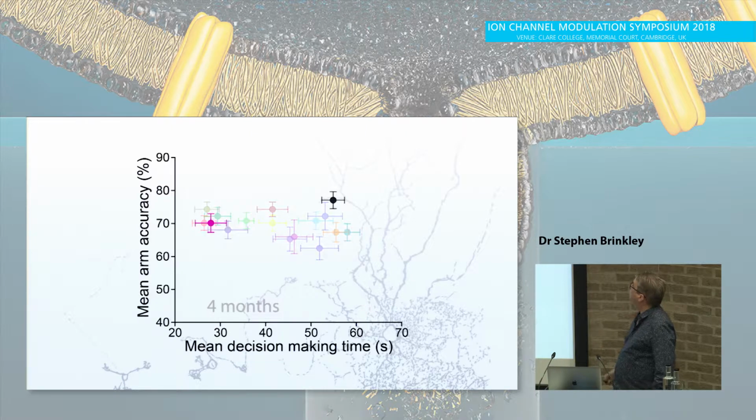And I just want to draw your attention to this guy here. Well, actually not a guy, they're all girls. They're all girls because we're keeping them group housed throughout their lifespan. If you do that with males, they fight. Women tend not to. The female mice tend not to.